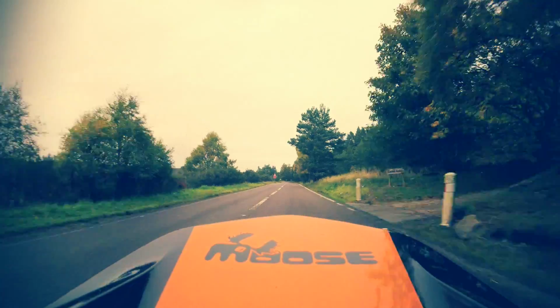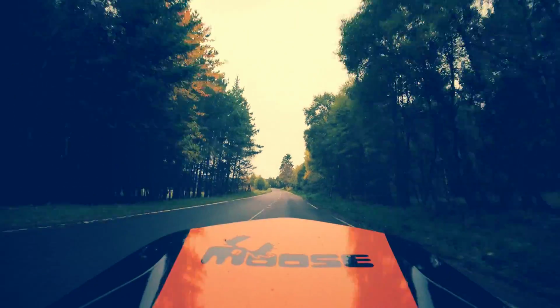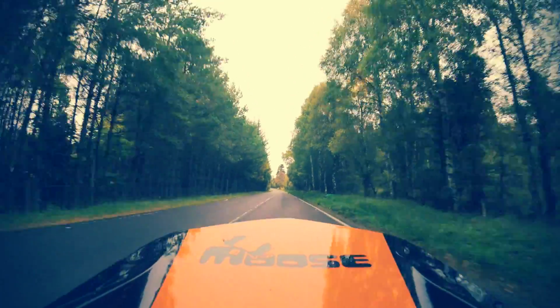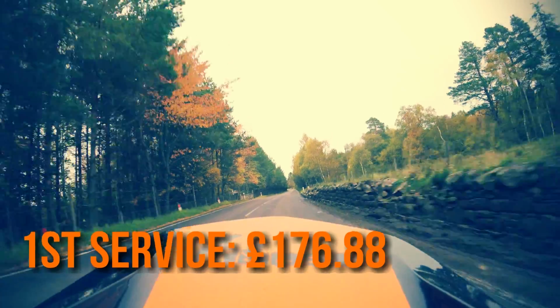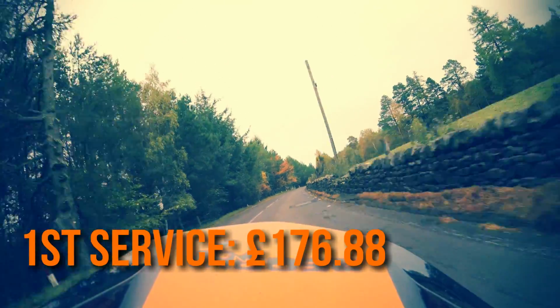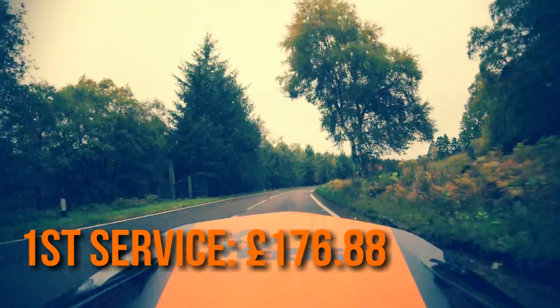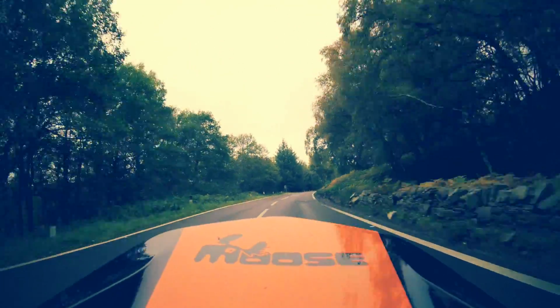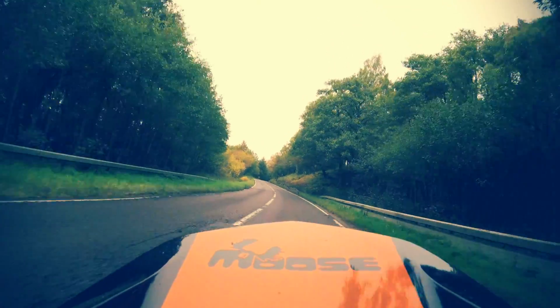The next outlay I had was the first service way back when she was running at 600 miles. So that was £176.88. That brings my total up to £1,779.40. And then the last big blowout we had last month was for the Michelin Road 5 tyres, which